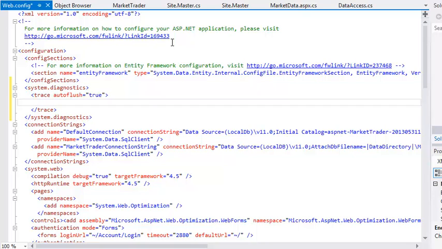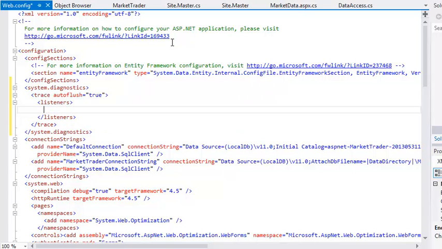The autoflush property must be set to true in order for diagnostic messages to be automatically written to the log file. Next, add a listeners tag inside the trace tag. And finally, you will need to define a text writer trace listener inside the listeners tag. Use the following code: